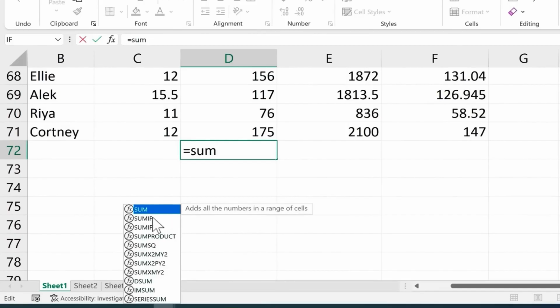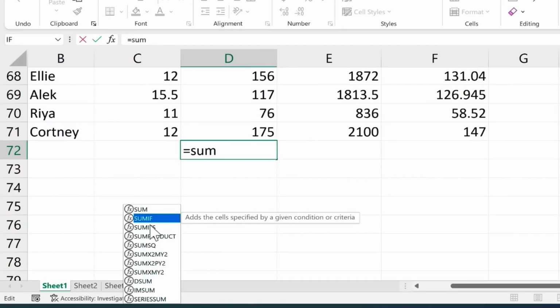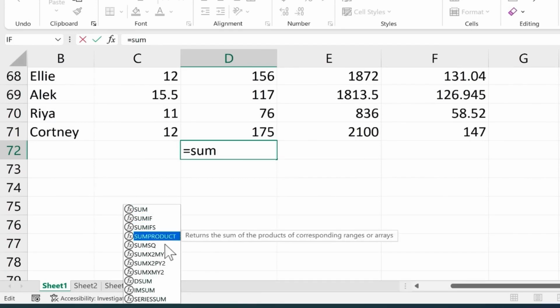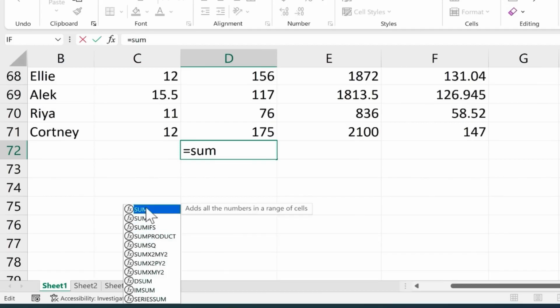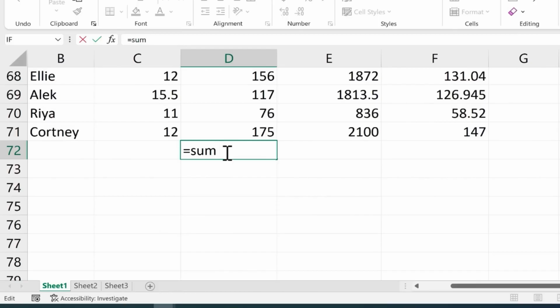But it's possible that I might want this, sumif, or sumifs, sumproduct. There's all of these different functions that deal with sums. And some of these are amazing. You definitely need to watch my other tutorials on sumif and sumifs. Sumproduct is also great. But in this case, all I want to do is add up all the numbers in a range of cells. So equals sum. And when you use a function in Excel, after typing the function, you put in